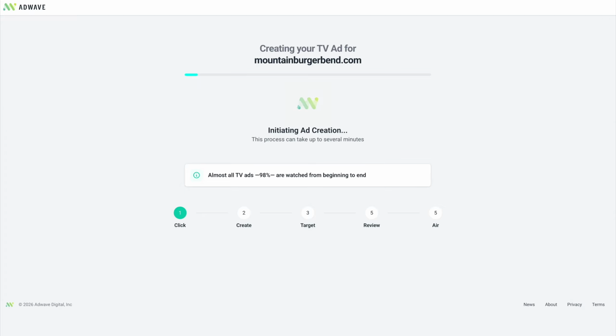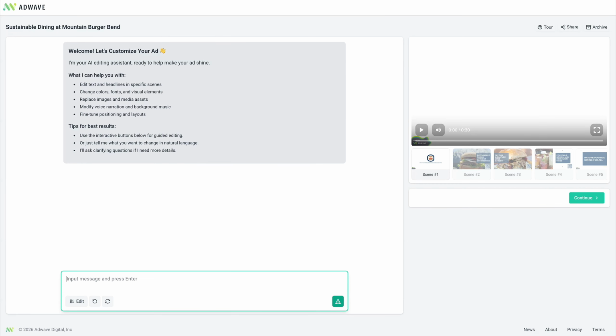Adwave is going to go to our website, scan our website, understand our business, and then create our ad for us automatically. And then from there, we can make changes to it as we please. So I'm going to give this just a few minutes to go ahead and get my ad created, and then we'll come back. Okay, and once Adwave is done creating that ad for us,